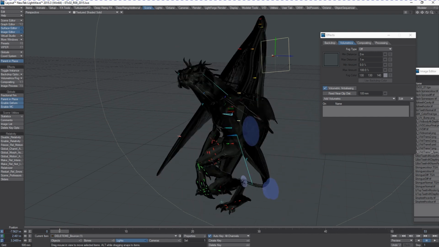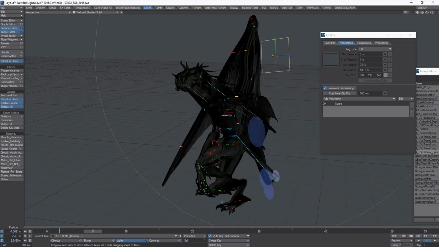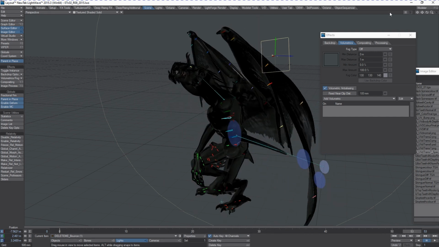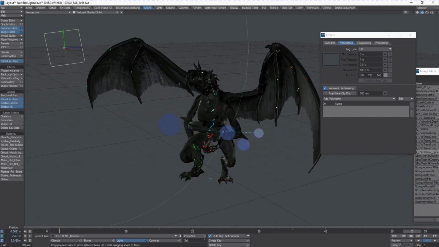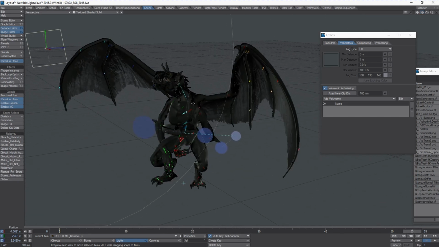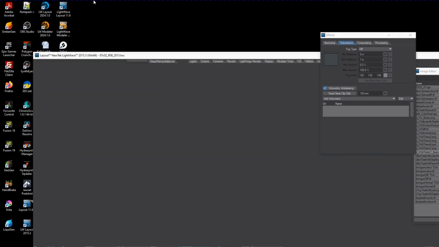And although it was a little bit more time consuming to do a calculation on that and then save it out, it actually worked out really well for us because it gave us a little bit more secondary or tertiary animation on top of his primary animation just to sell him in the shots. So now that we've got that covered, let's go and open up Lightwave